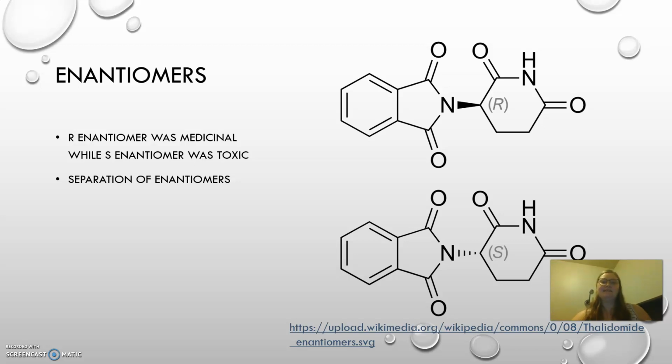Because they didn't test for chiral compounds, and they didn't test it especially on the pregnant women themselves, drug agencies all over the world tightened their standards on drugs. They made everybody that developed a chiral drug make sure that each enantiomer was tested for medicinal and toxic properties. Even if you were only going to use one of them in the medicine, you needed to know what both of them did,